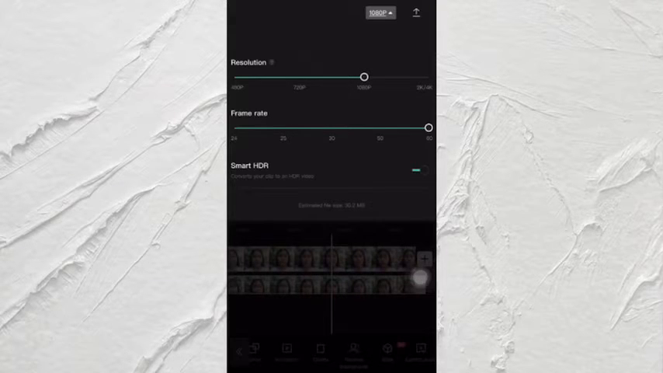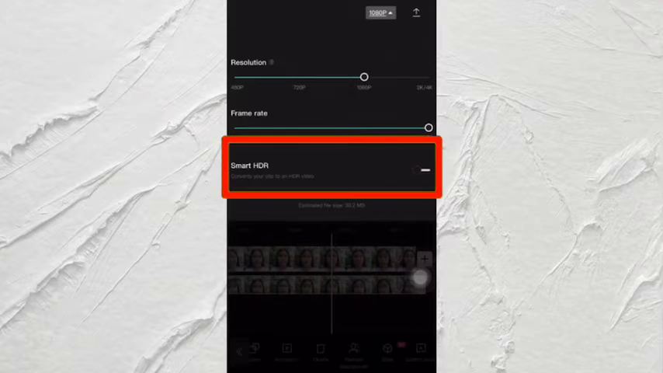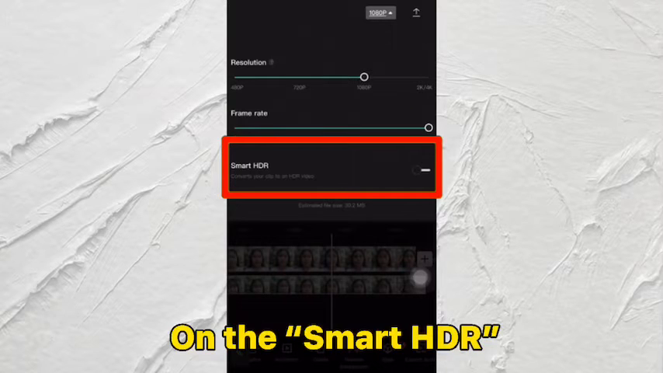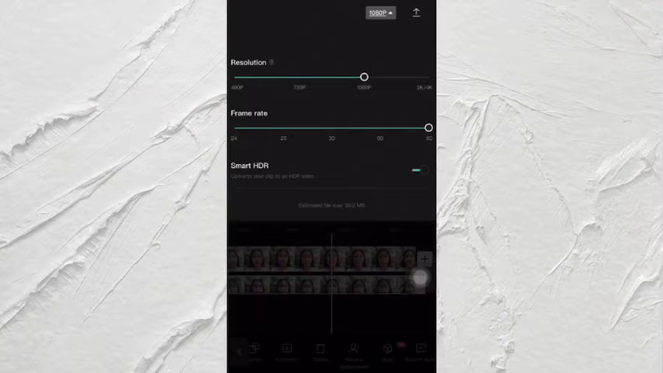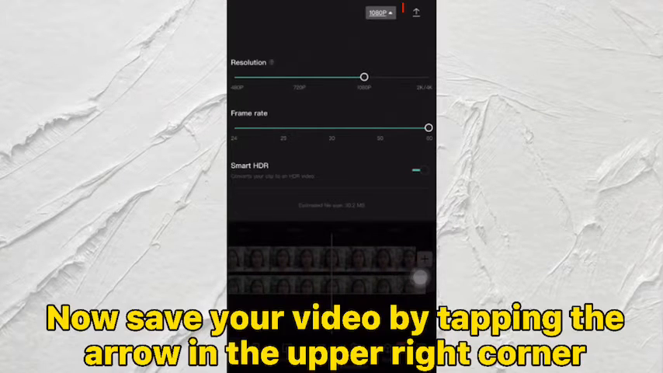Now, I've said it's up to you what resolution we're gonna use, but for me I'm gonna choose 1080p and a 60 frame rate so the video will be smooth. Okay, change the smart HDR, okay, like that, so your video clip will be converted into high definition. Okay, then after that, tap this arrow above in the upper right corner to save your clip,